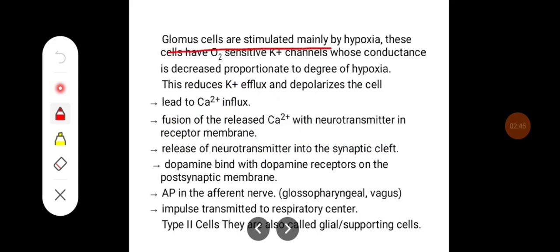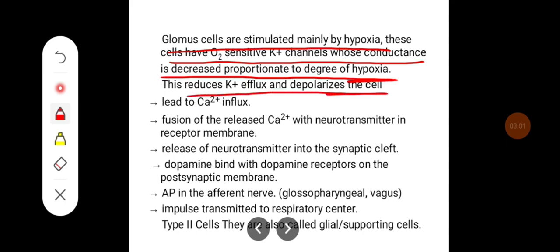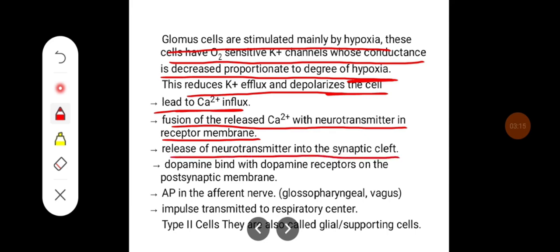Glomus cells are stimulated mainly by hypoxia. These cells have oxygen-sensitive potassium channels whose conductance is decreased proportionate to the degree of hypoxia. This reduces the potassium efflux and depolarizes the cell, which leads to calcium influx, and the fusion of released calcium with neurotransmitter in the receptor membrane occurs. This releases the neurotransmitter into the synaptic cleft,